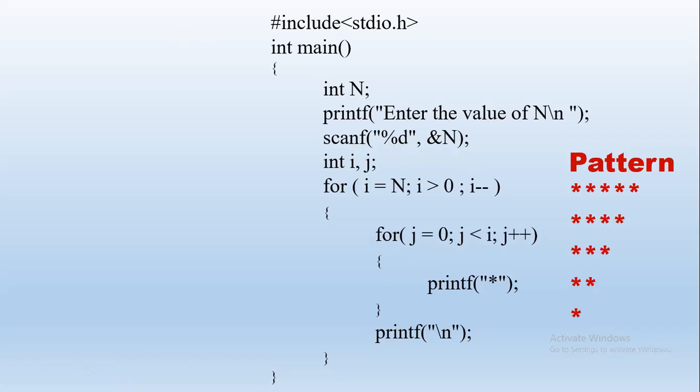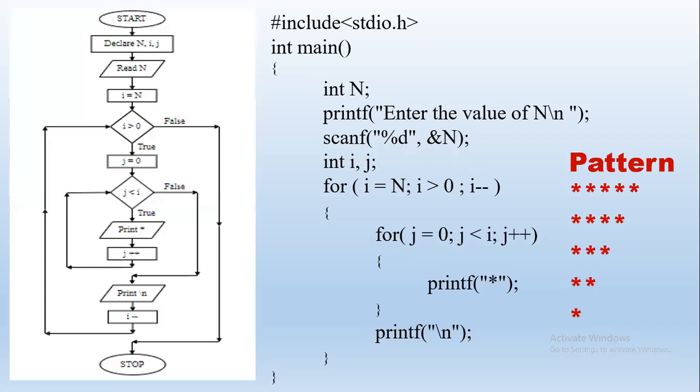Before that, let us see the corresponding flow chart. Once we know the logic, the flow chart will be very easy, or you can do it vice versa also, right? Flow chart first and then program. Okay. So here we have the start corresponding to the first part. Then we are declaring n, i and j as integers. Then we have input: read the n value. n is the number of rows. So if we give 5, it will print 5 rows, right? Or any other value also.